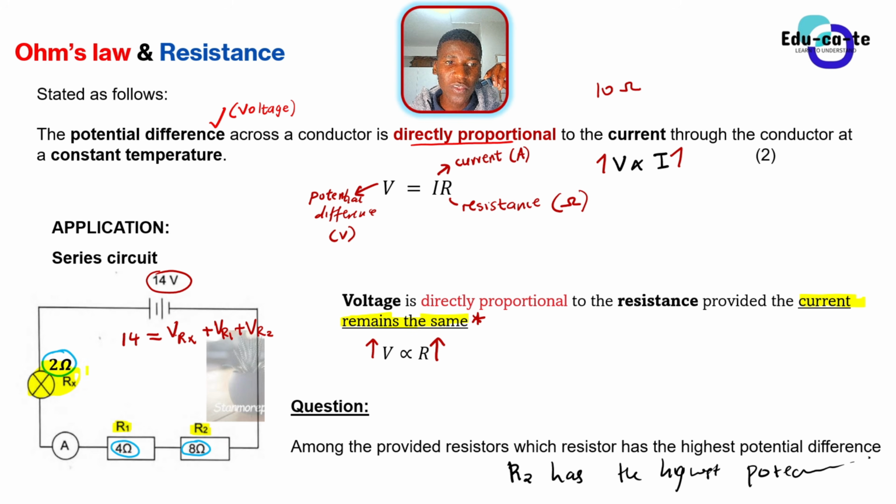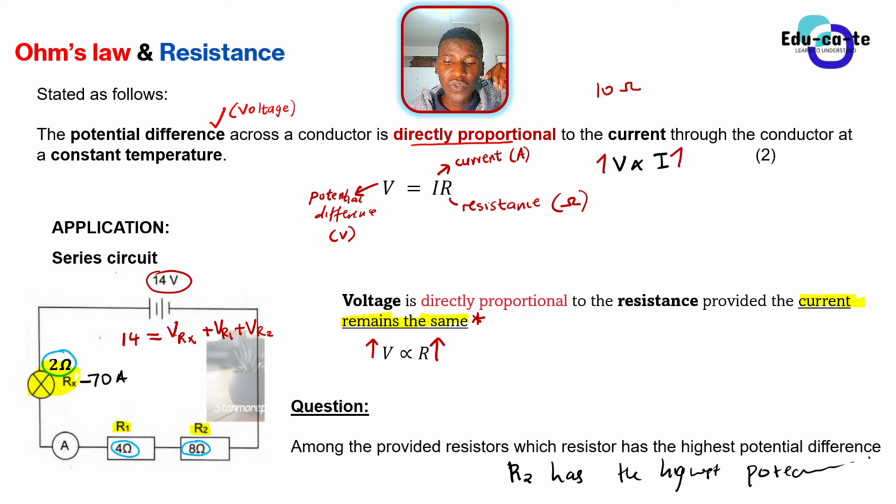If here the current through the 2 ohms is 70 amperes, so let's just suppose that the current at the 2 ohms light bulb is 70 amperes, then R1 and R2 will also have 70 amperes because they are connected in series. The current is not split in any way. So I hope that you get that. But here, the voltage is the one that depends on the resistance. The one with the highest resistance will get the greatest voltage as well.